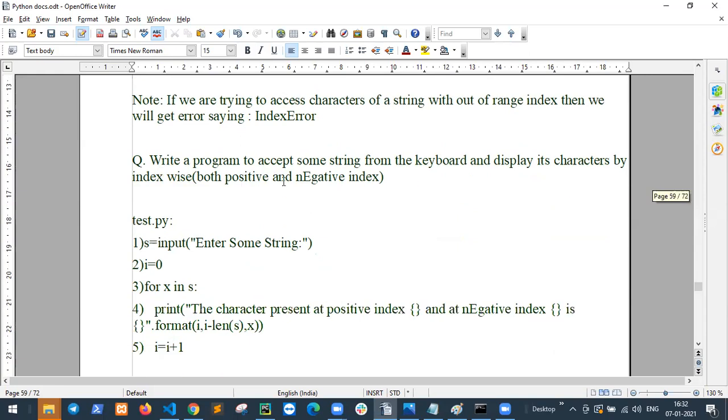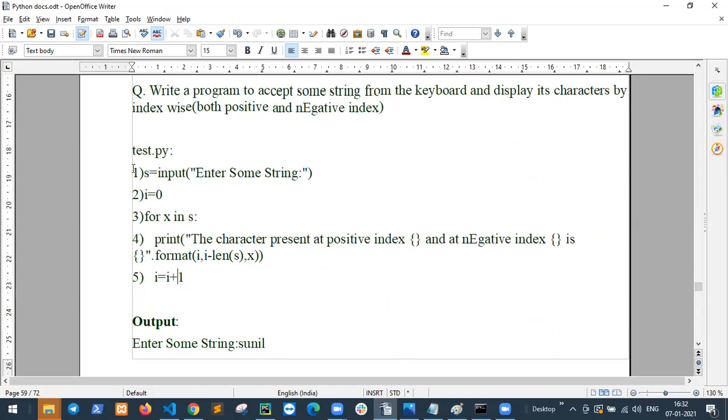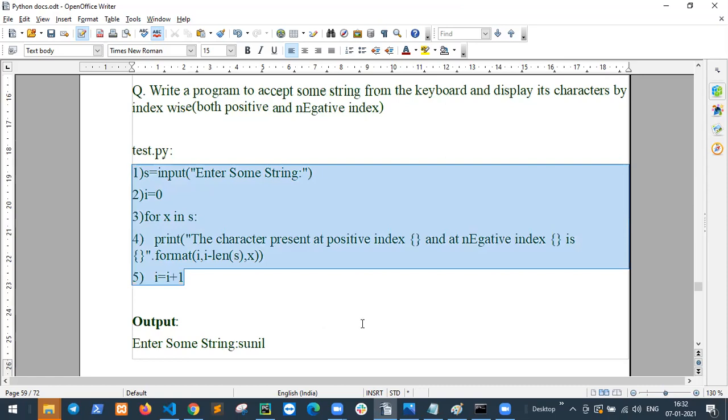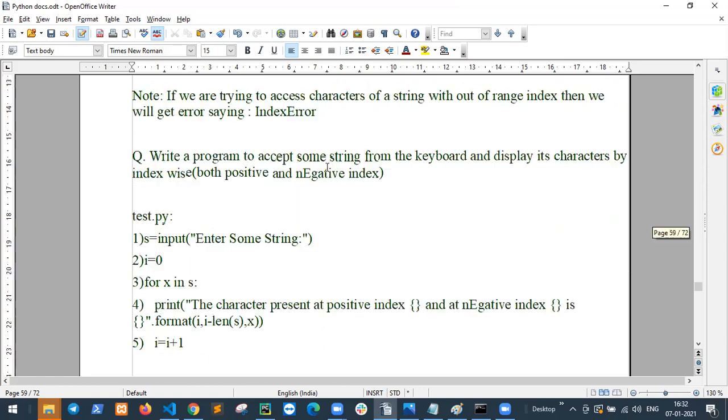Write a program to accept some string from the keyboard and display its characters by index wise, both positive and negative.